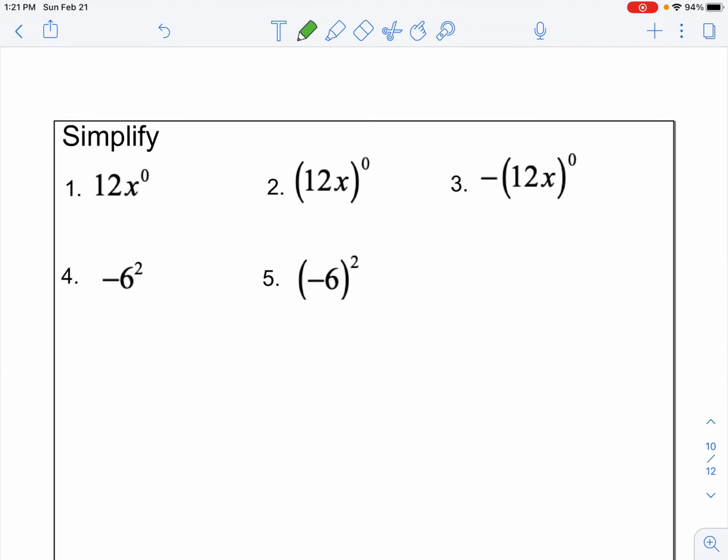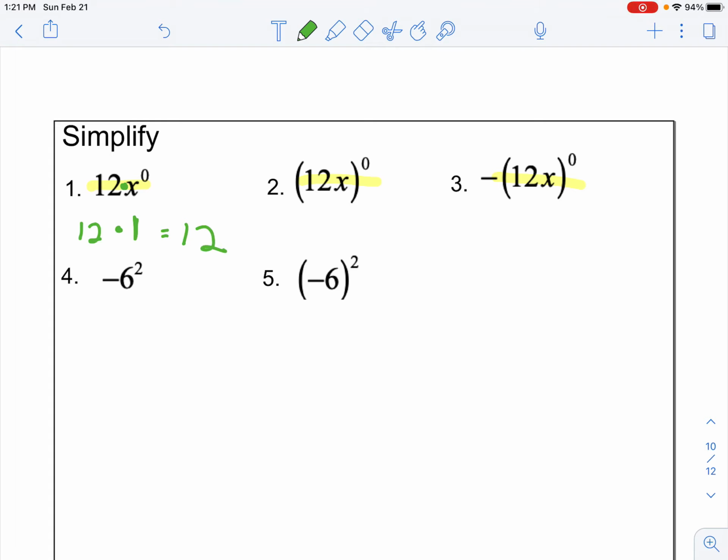All right, so you have a few more questions here to try. And I'm going to go through some of the differences between these. If you notice, all of these look very similar, but it results in different answers. So let's break them down. What we have in this first example is only the x is being raised to the 0 power. So x to the 0 power is 1, but I'm still multiplying that by 12, which gives me 12 times